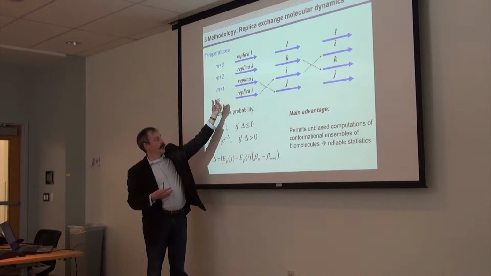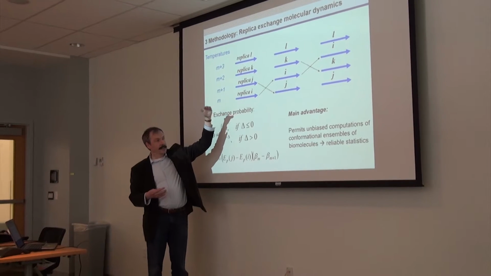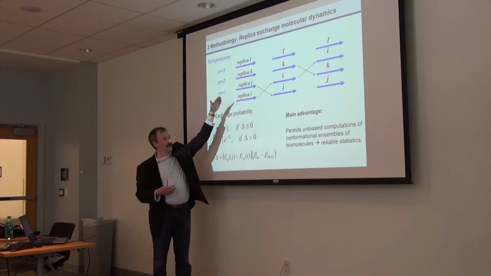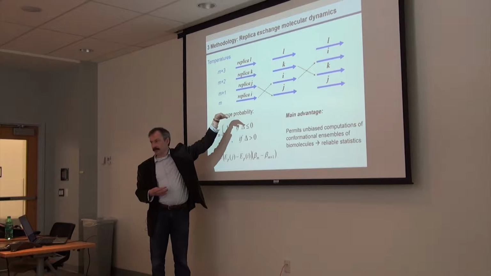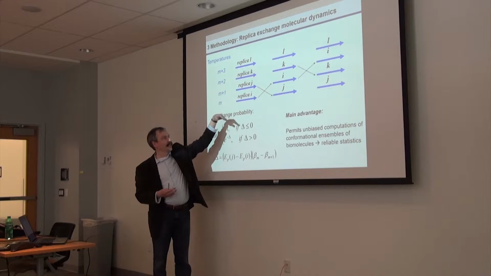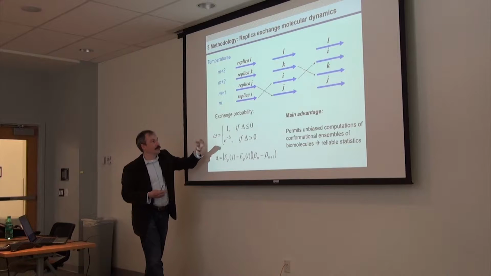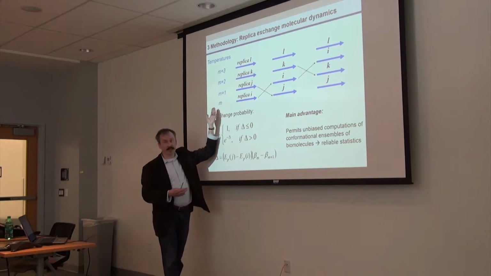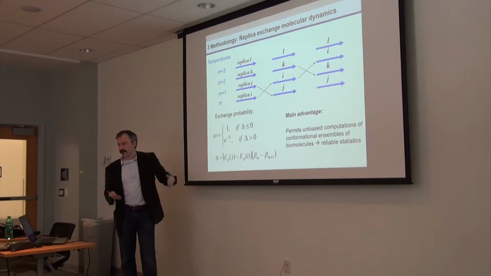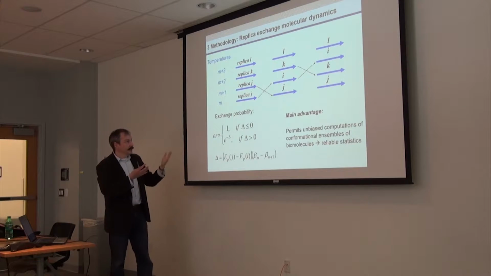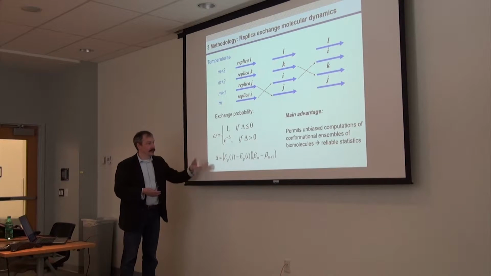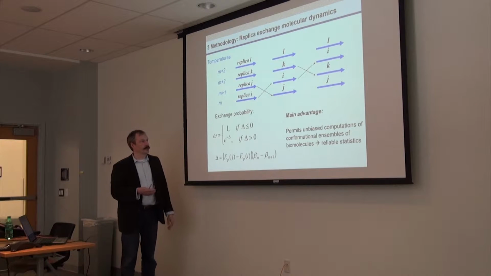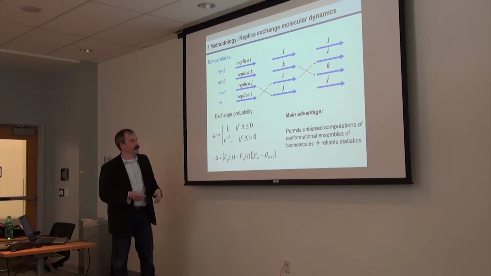And by cleverly designing the rules of exchange between the different replicas, exchanging the structures between different replicas, you can tremendously enhance the diversity of structures at the conditions of your interest, for example, at physiological conditions. So that's essentially the idea of replica exchange. It basically follows from statistical mechanics. It's a well-established